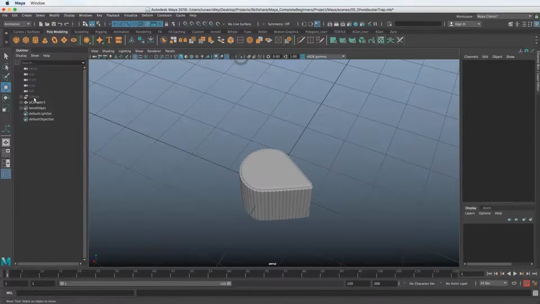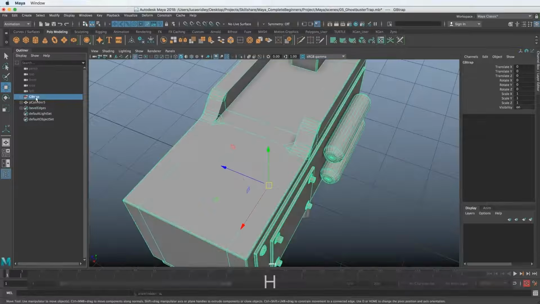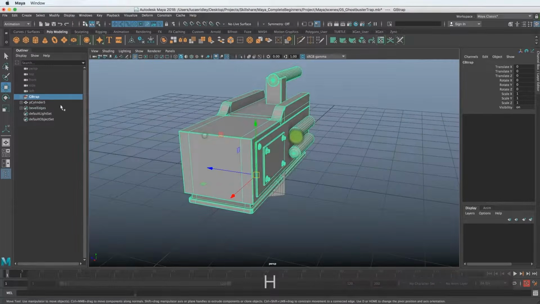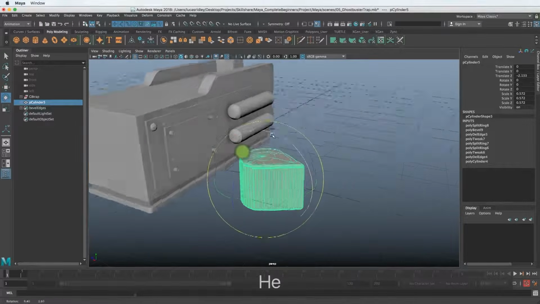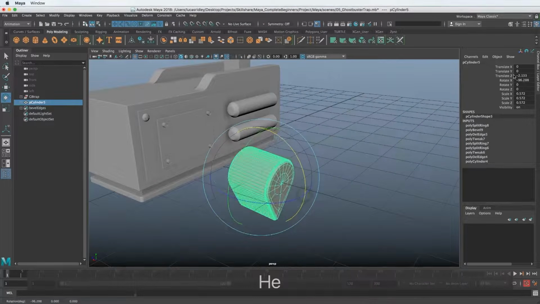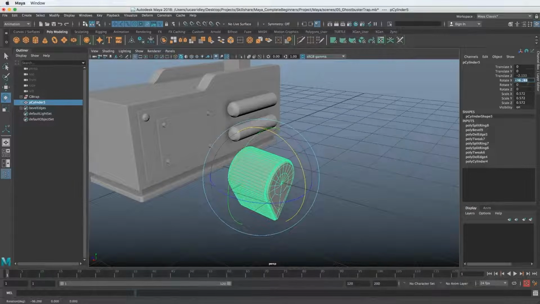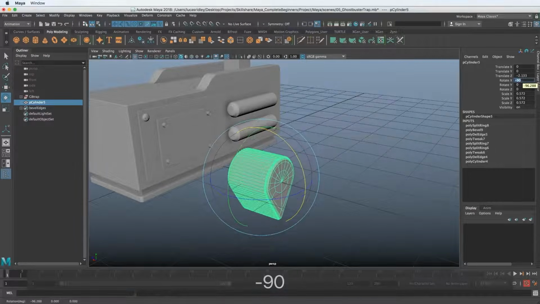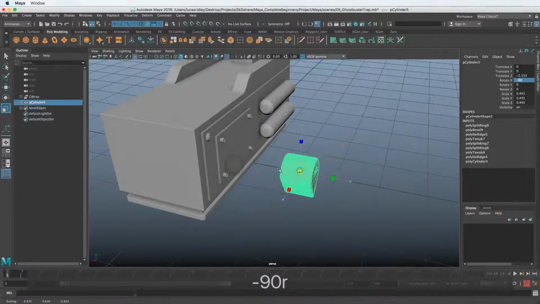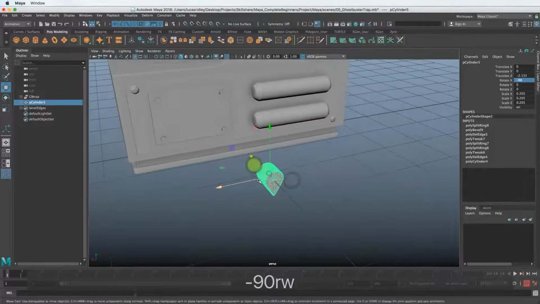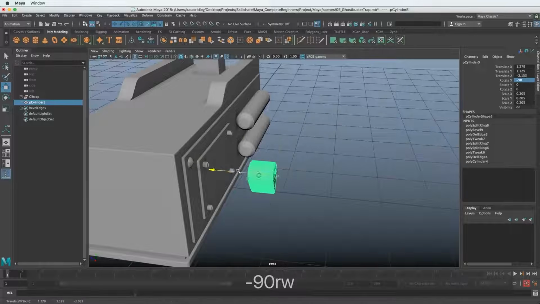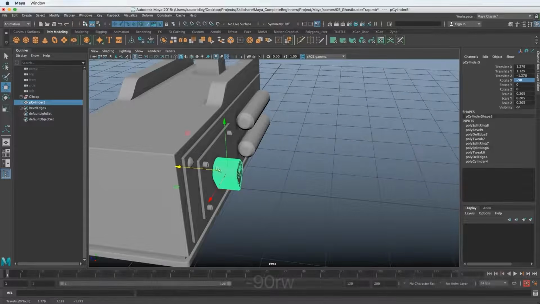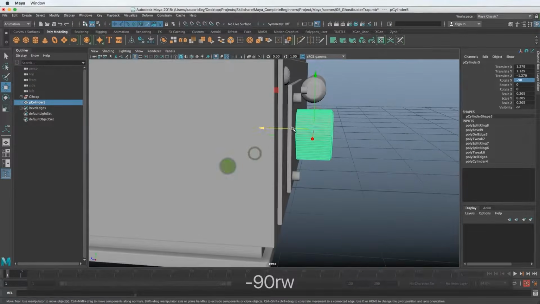Let's unhide the trap, hitting Shift H. Let's select the cylinder, drag it out here, and let's rotate it down. We can see it should be negative 90 degrees in X. And we can also just scale the whole thing down, and you can see because we parented the ribs under the cylinder, it's following along with whatever we're doing. And this is called a parent and child relationship.